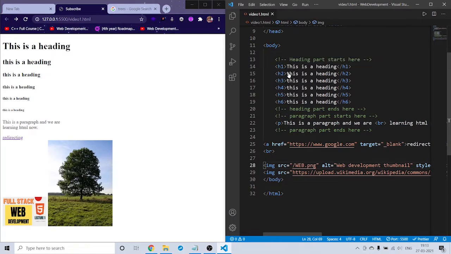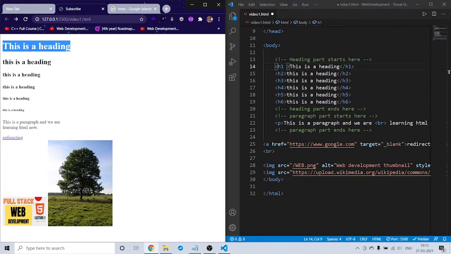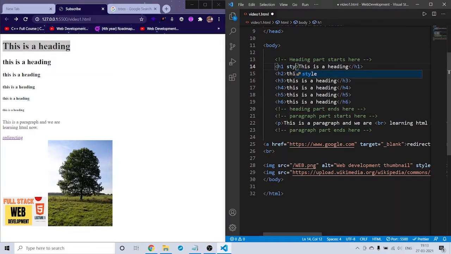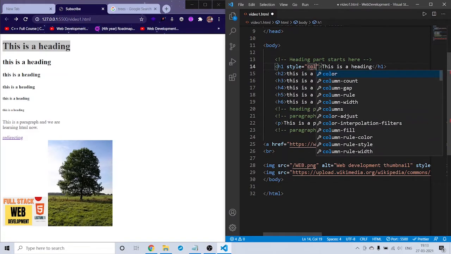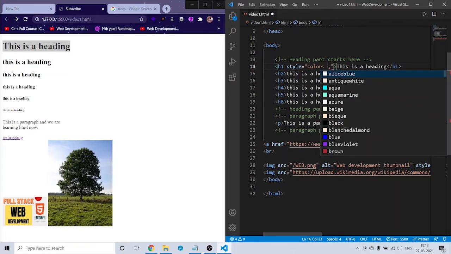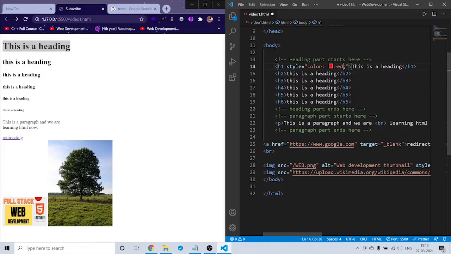For example, let me show you here. I want to change the color of this heading line. So here I will give an attribute style, and I will give the property. This is called the property here, and I'm going to change the property, which is color, to red, and hit save. And look here, this heading is changed to red color. So this is the property, this is the value, and this is the attribute. You don't need to learn this by heart, we are just knowing what these do.